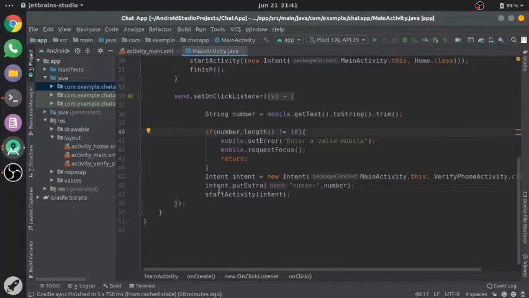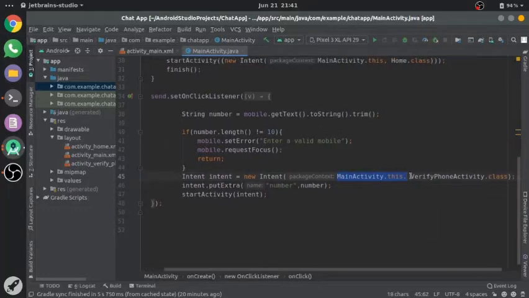Okay, if length is okay, it is equal to 10, then I am going to create an intent from main activity to verify phone activity. Verify phone activity is the activity inside which we are sending the OTP to the number which user has entered, and we are going to verify whether the OTP entered by the user is the OTP which is sent by the Firebase.